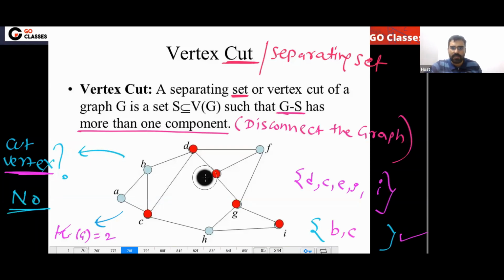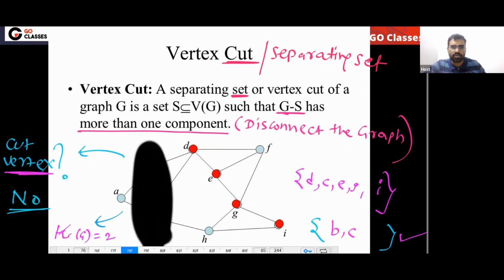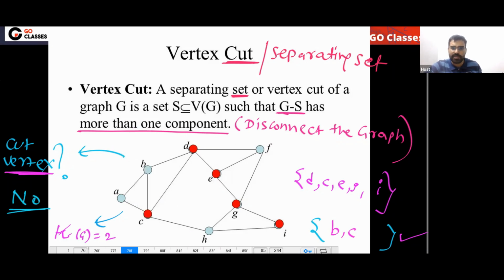Like this graph, if I want to disconnect it, a single vertex will not do. I have to remove these two vertices if I want to disconnect this graph. So for this graph, the connectivity number is 2. You can note the connectivity number is 2 for this graph, and this 2 tells us that